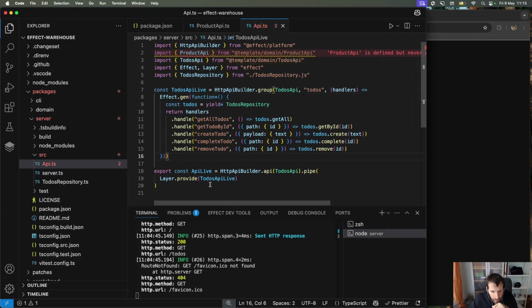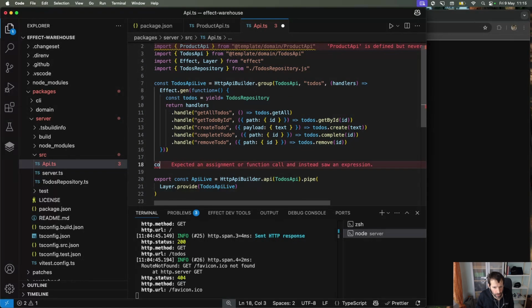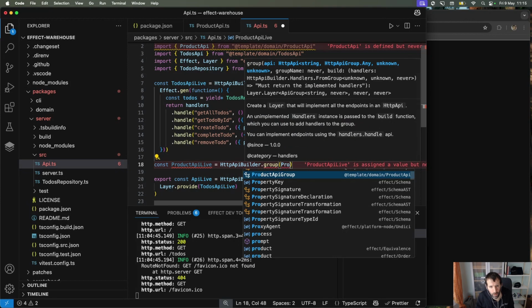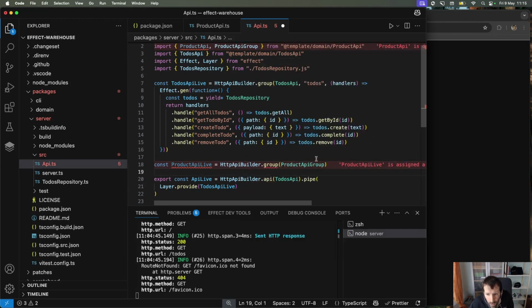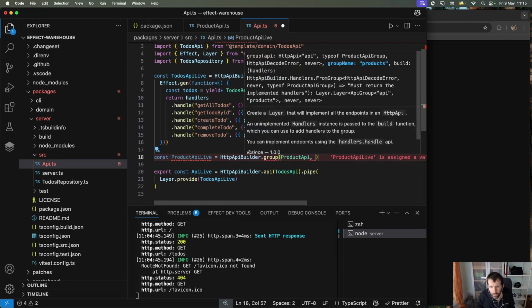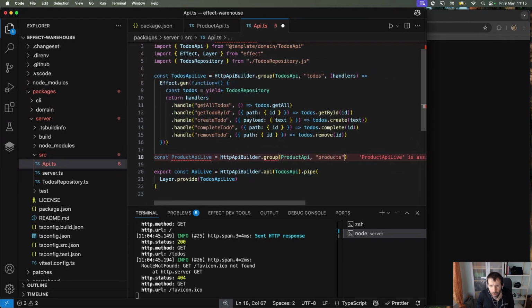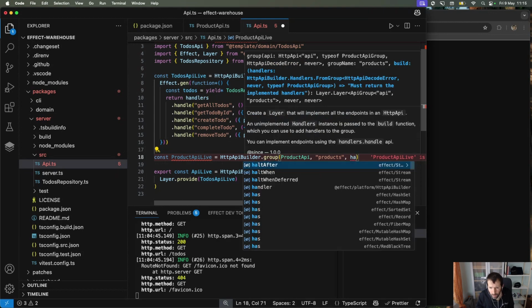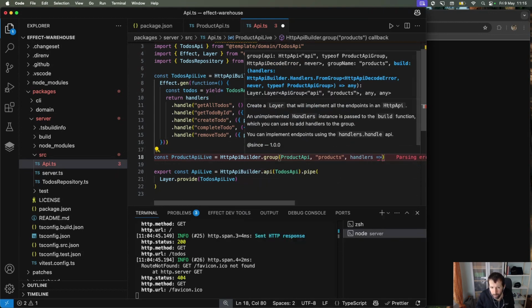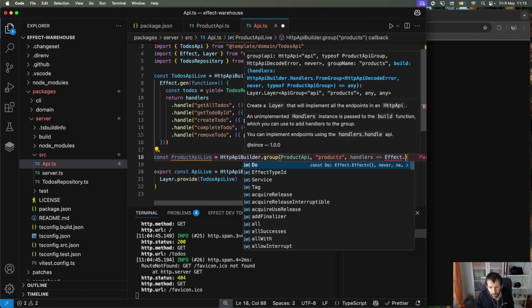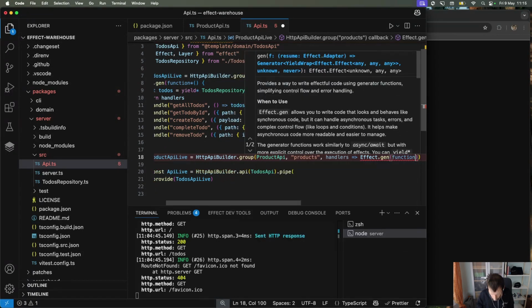Okay, and then we can say something like HttpProductApiLive equals HttpApiBuilder.group, ProductApi, without the group, and then we say we want products, and then we create the handlers for them. So here we call Effect.gen, function star,